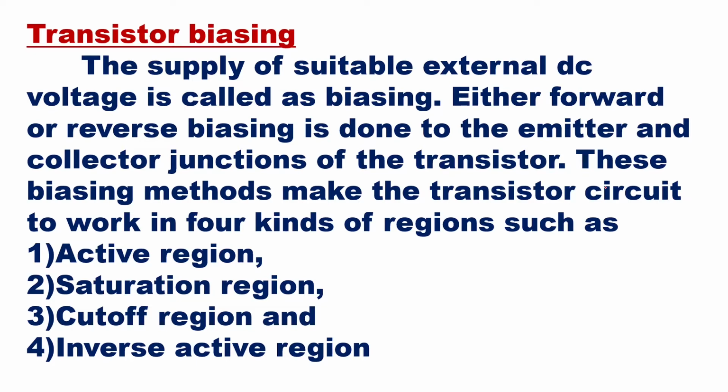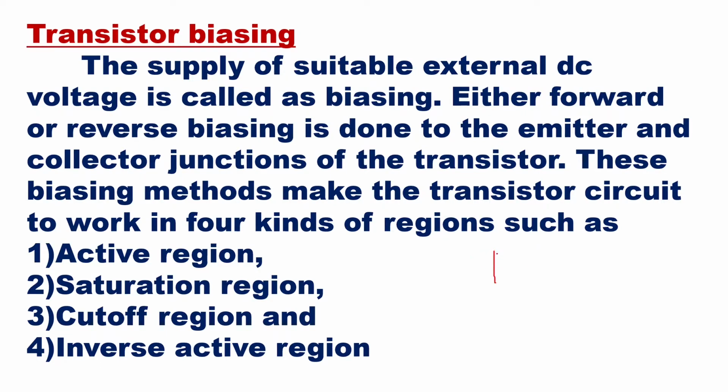And it can be inverse active, opposite to the active region, when the first junction is reverse biased and the second junction is forward biased, which is not used in any application, but it is called the inverse active region. Okay, so these are the four regions. Out of that, the first three are the important ones and are used in applications. Here we are speaking about these regions with respect to the forward bias and reverse bias of the junctions.